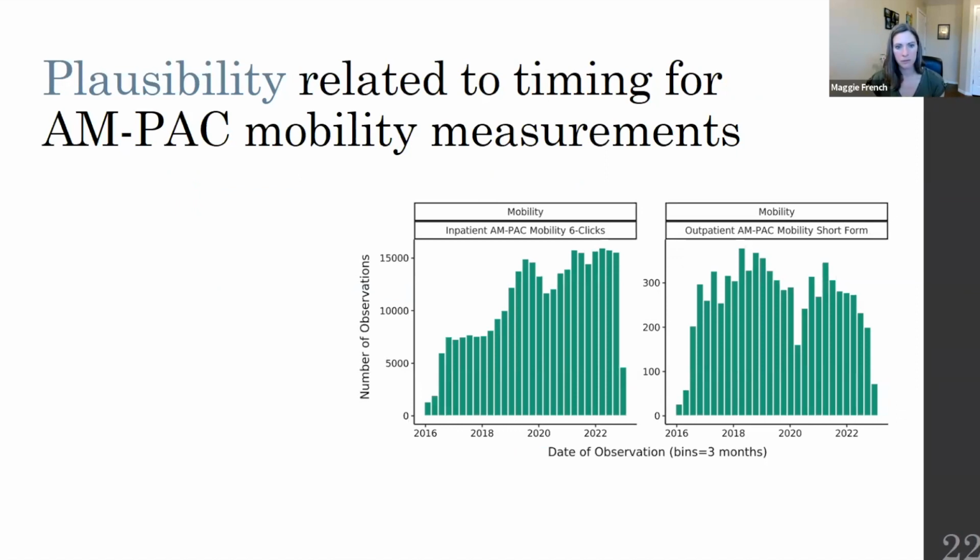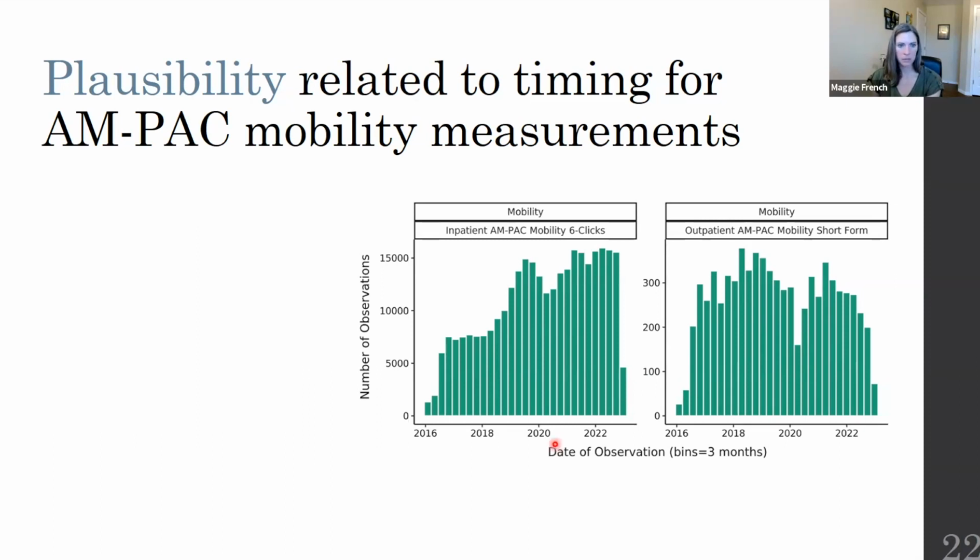We use two different measurements of this within our healthcare system. The one here on the left is the inpatient AMPAC mobility, or the 6 clicks. And the one here on the right is the outpatient AMPAC short form. So when we think about the plausibility of the timing of these measurements, we'll first talk about the inpatient 6-click